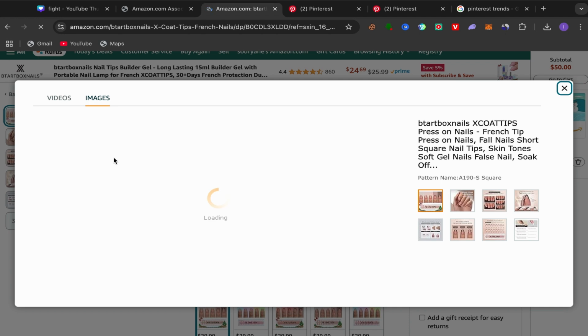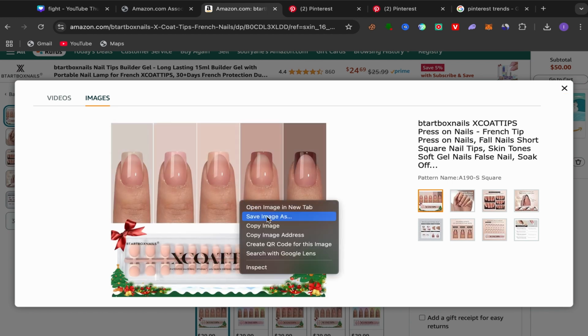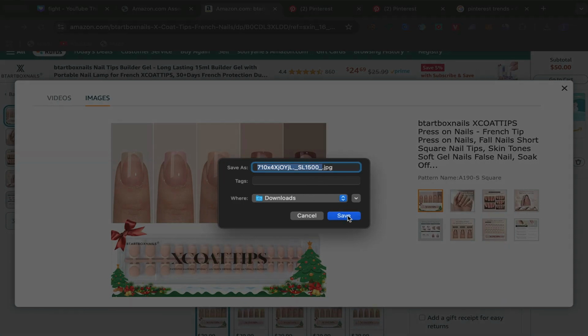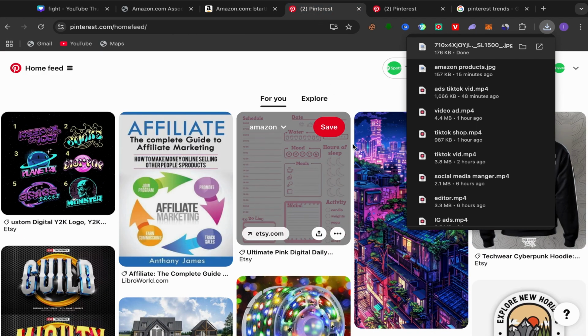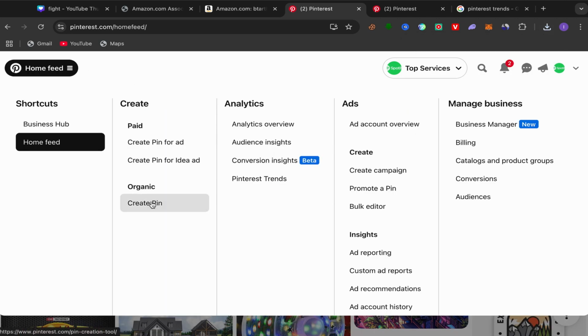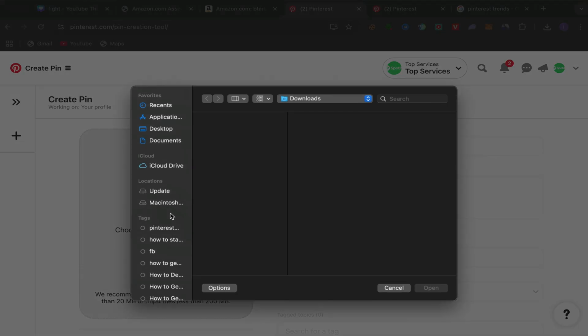Okay, I will show you step by step how you can do it. So let me show you. You can find here, so it's loading as you can see, and here you go. Double click, click on save image, and save this picture to your laptop. I will click on save, and here you go. What you will do next, you need to go and open your Pinterest account like this, and click over here on home feed, click on create pin, and click over here and upload the picture that you download